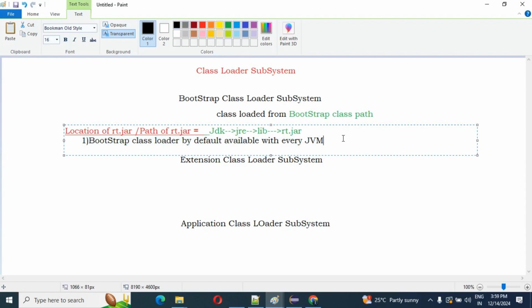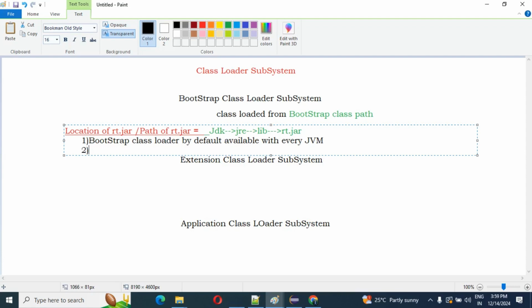Next point, please concentrate here. This is also an important point. Bootstrap class loader is not implemented in Java, so it is not a Java object.